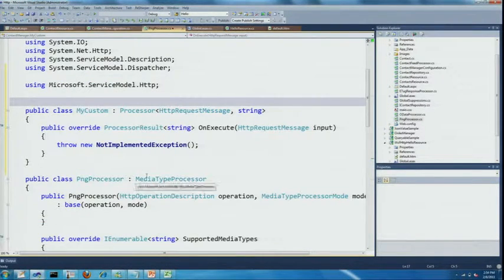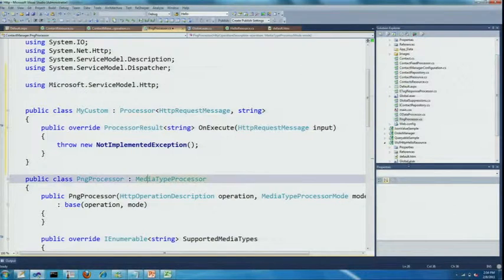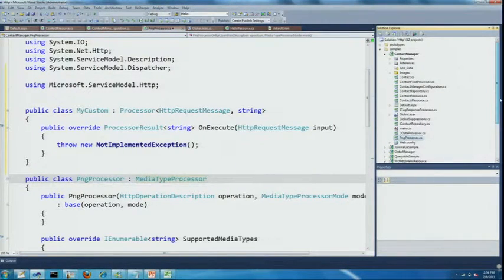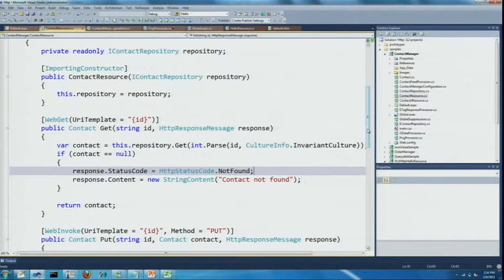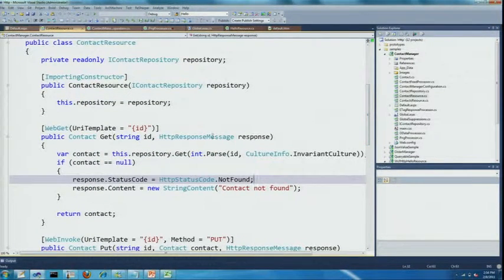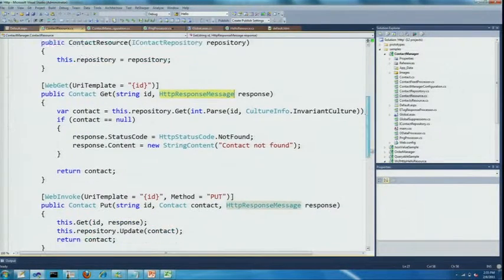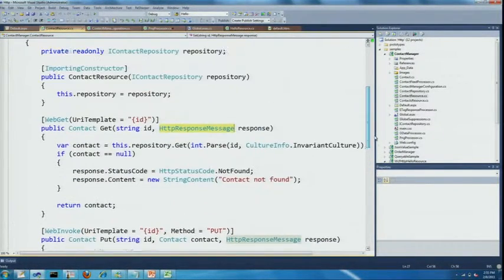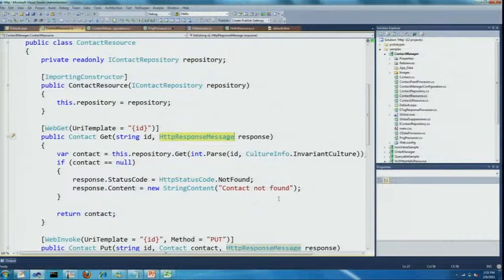Now let's take a different example, the one I showed before, the HTTP resource example, or even the contact manager. Let's take the contact manager example. So here's my contact resource. Now my contact resource actually uses a hybrid of accessing those messages because it needs to set status codes. So it no longer has to use static APIs, though. It's not using web operation context. So same thing. I've got a repository that's getting injected, and I've got response messages getting passed in. So there's nothing here that will prevent me from unit testing this.